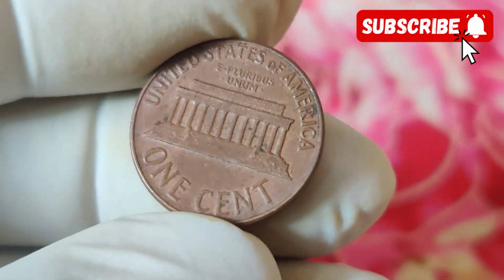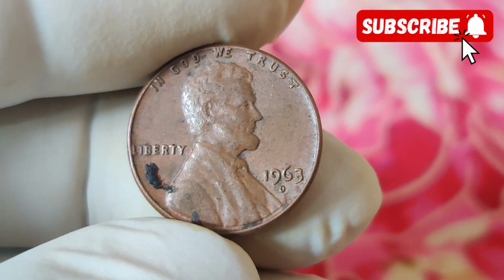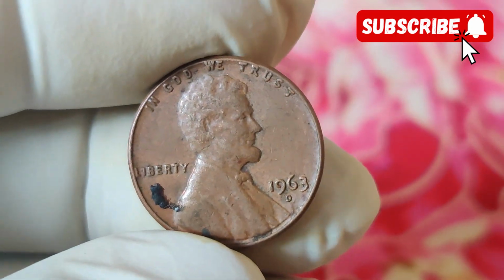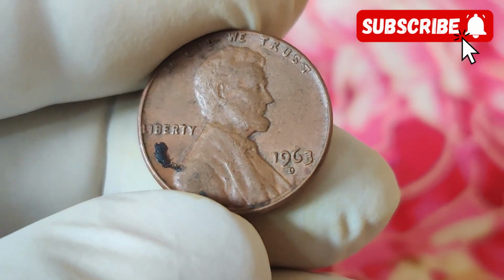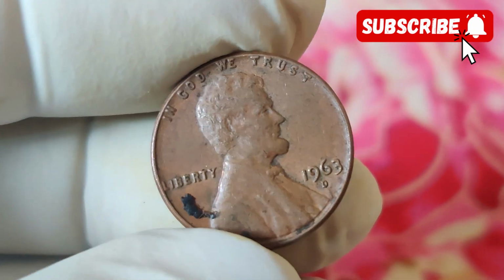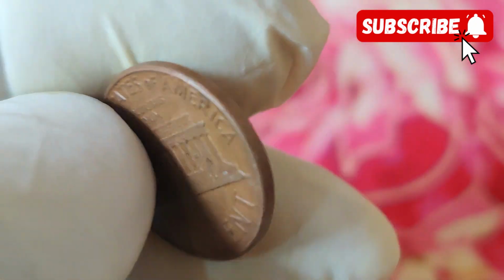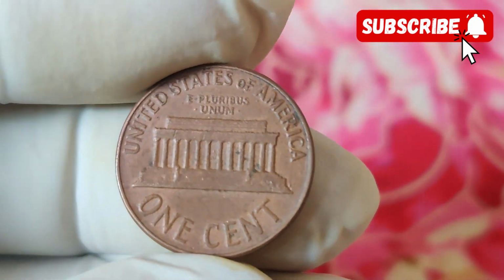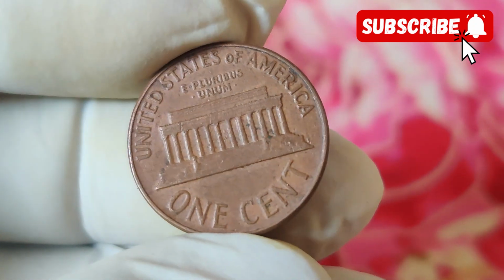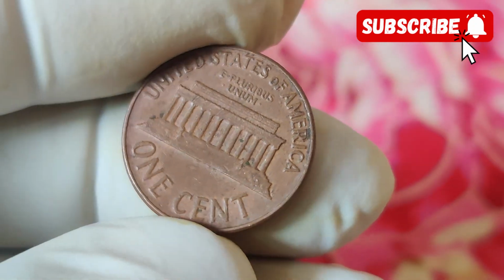They become investments. One cent, a symbol of thrift, of value, of American identity, now transformed into a six-figure collectible. This isn't just a coin. This is history you can hold. So the next time you hear a penny drop, don't ignore it. Pick it up. Hold it in your hand. Look at the date. Feel the weight. Examine the mintmark. Because one tiny copper coin could hold the story of a nation and a value beyond anything